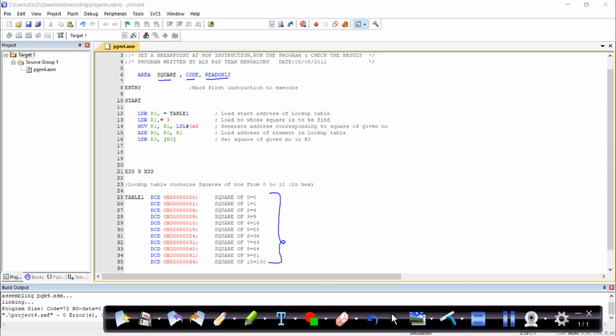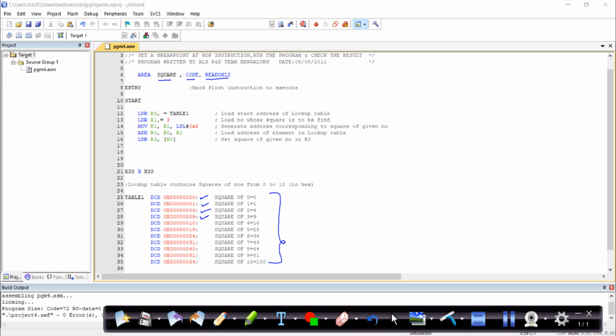So let's say this is my first value: 0 square is stored, 1 square is 1, 2 square is 4, 3 square is 9, 4 square is 16, which is 16 in hexa. All of these values are hexadecimal values for any given number.